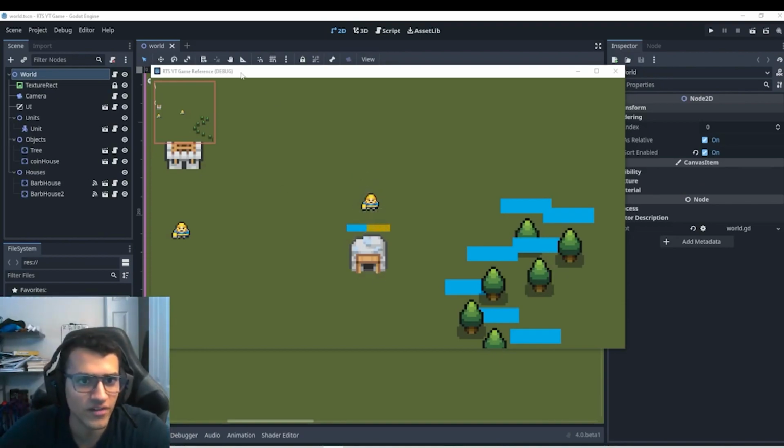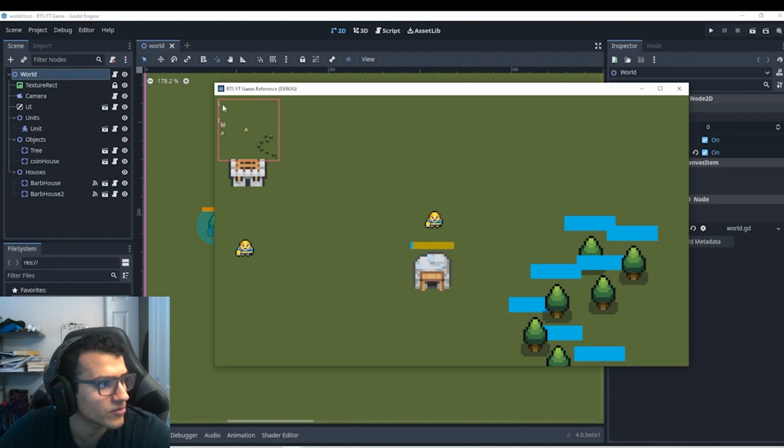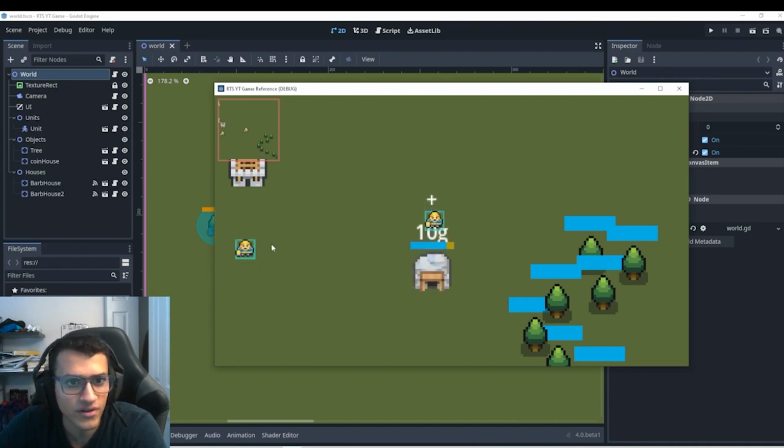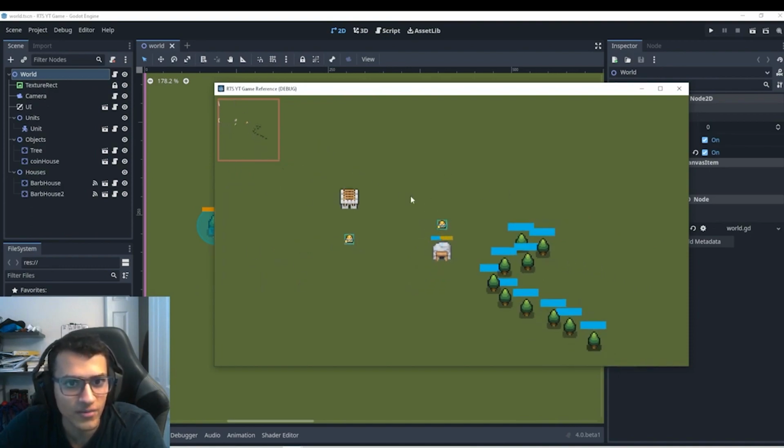In today's episode, as you can see on the top left of our screen, we are going to be making a minimap, and it's a bit hard to see, but it is accurate. So you can see our units. If I zoom out a little bit, our camera zooms out, we can move around. And if I go chop a tree down,